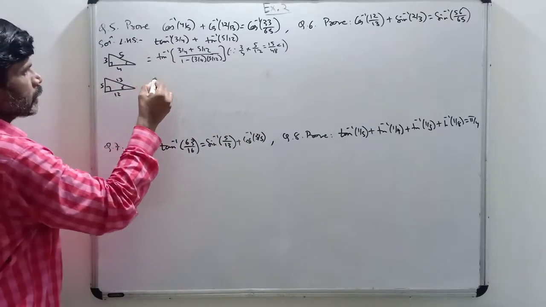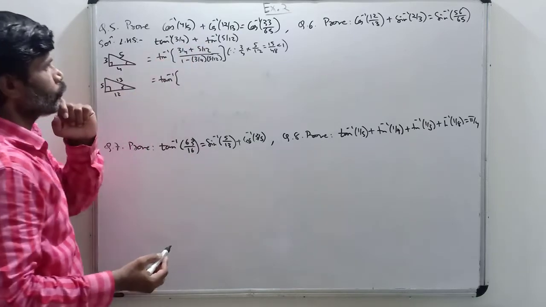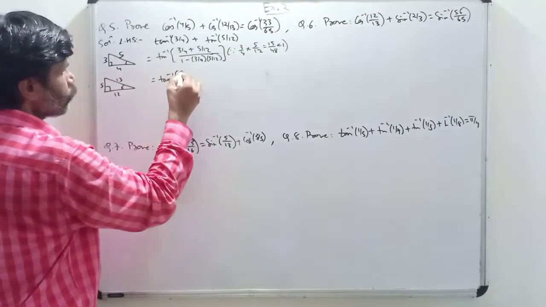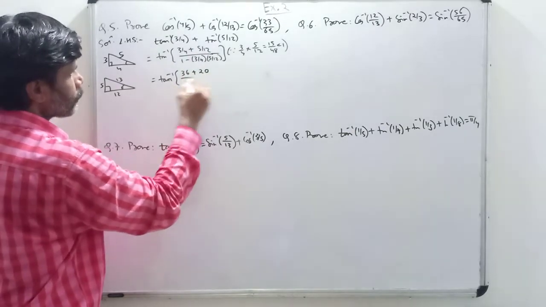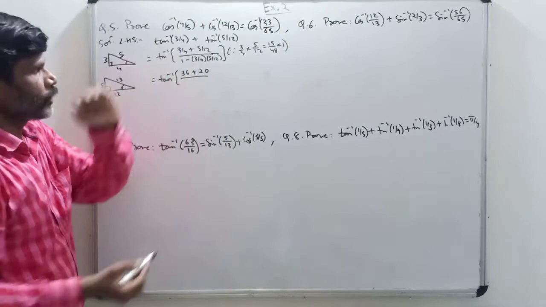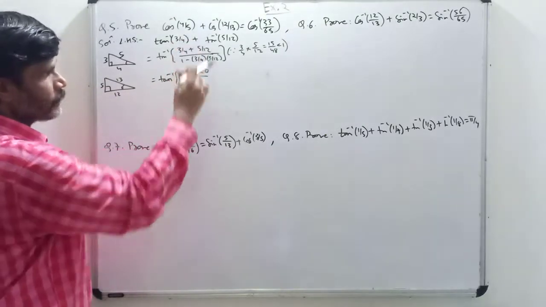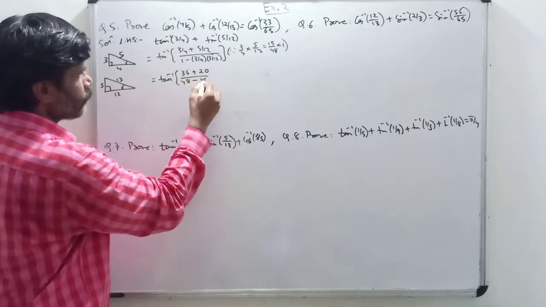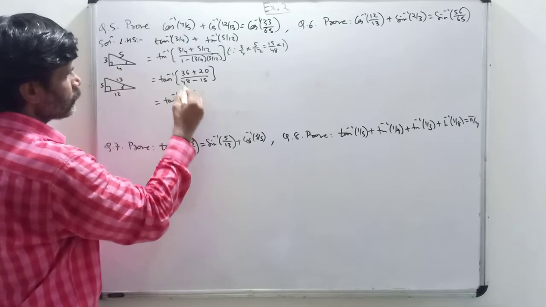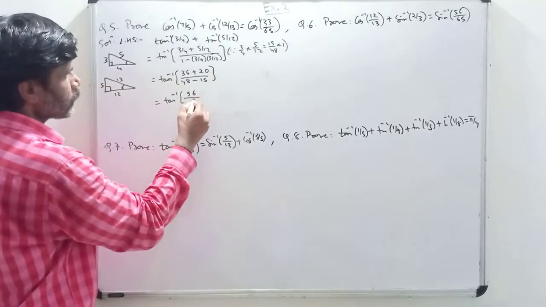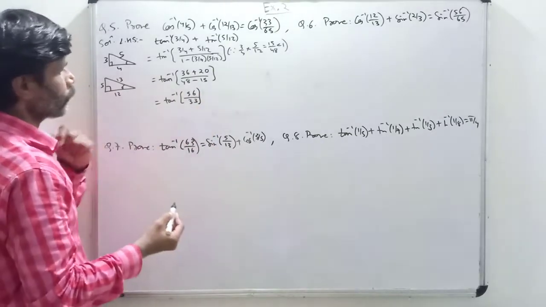So that is equal to tan inverse of, now what is LCM in numerator? 4 into 12. So 3 into 12, 36, plus 4 into 5, 20. Again, what is the LCM in denominator? 4 into 12, that is 48. Common LCM gets cancelled. Minus 3 5s are 15. So you are getting tan inverse of 56 by 33.